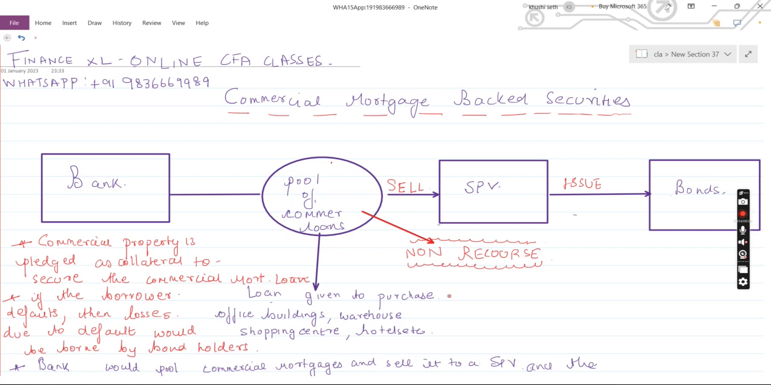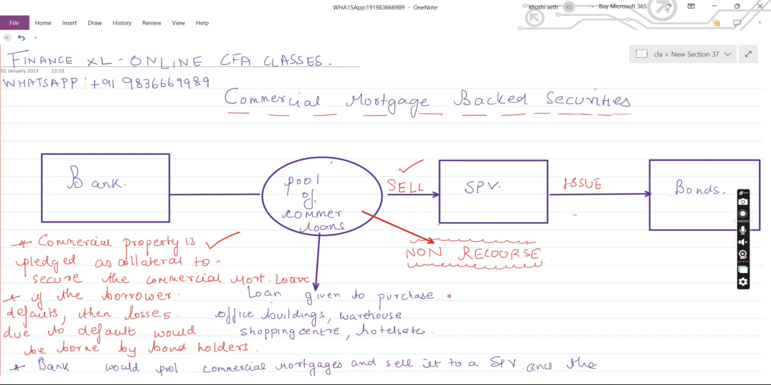What are commercial mortgage loans? Commercial mortgage loans are basically loans given to purchase office buildings, warehouses, shopping centers, hotels, healthcare facilities, etc. Basically, loans given to purchase commercial property where the commercial property is pledged as a collateral to secure the loan. Right? So, the bank would pool its commercial loans and sell it to an SPV, and the SPV in